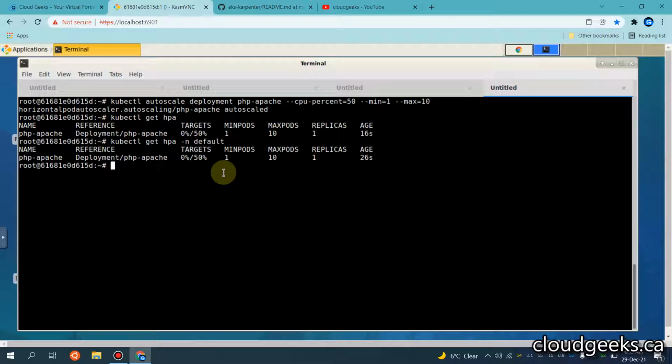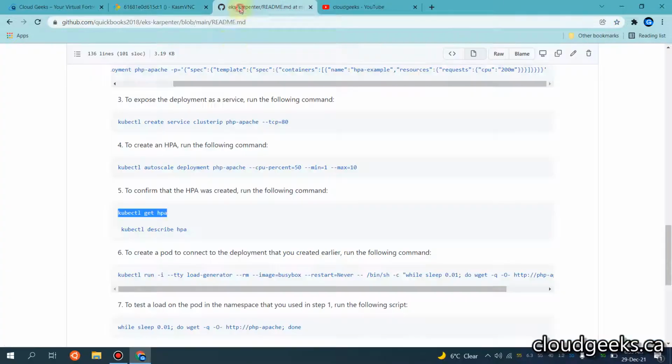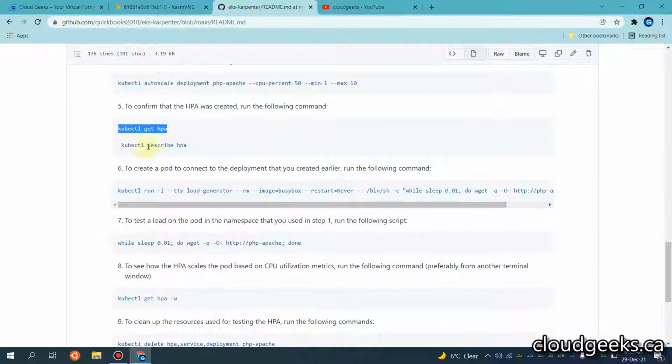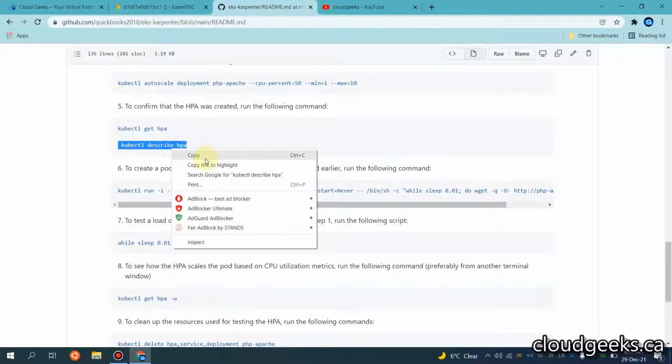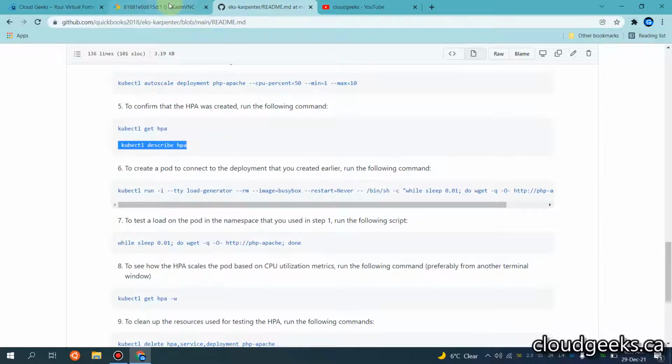The reason I'm typing the default namespace is to show you that if you set up an HPA in a different namespace according to your requirements, you must type the specific namespace for the filtration. Anyway, this is the HPA, and we can describe the HPA as well to get more detail.